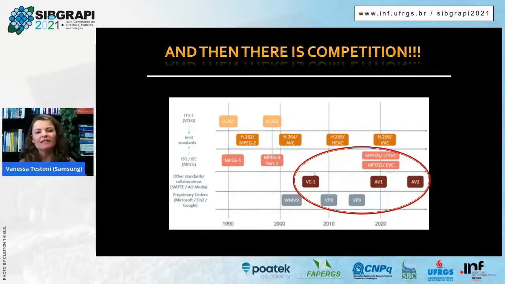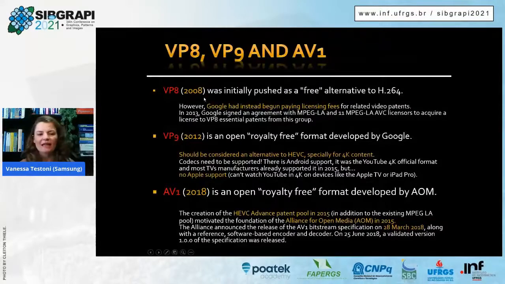So they got together and tried to say, first Google was the first one. So they started with VP8 in 2008. They tried to promote it as a free alternative, but actually, as we said before, it's super tough to do a codec from scratch without infringing any patents. And so actually Google later started to pay license fees to MPEG LA to be able to promote VP8. Then in 2012, they tried again with VP9, and the same problem happened. And besides that, they didn't have much support. So for instance, Apple was not supporting the technology,